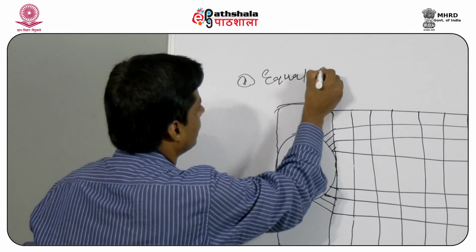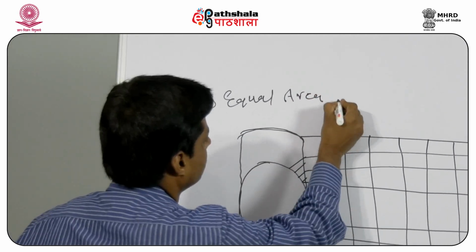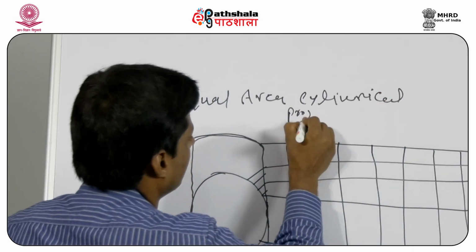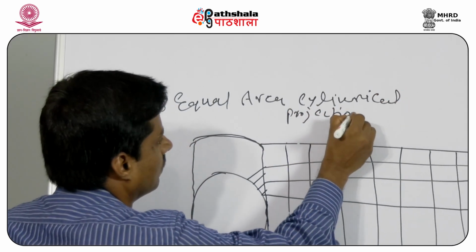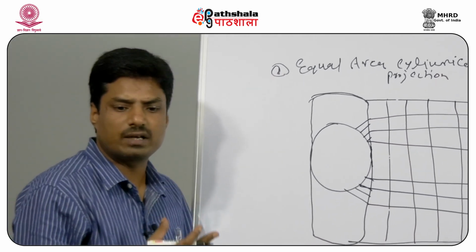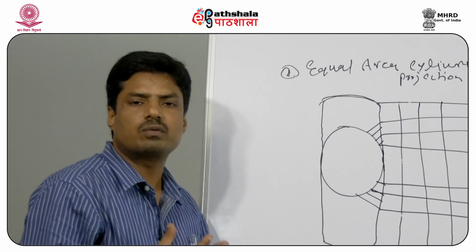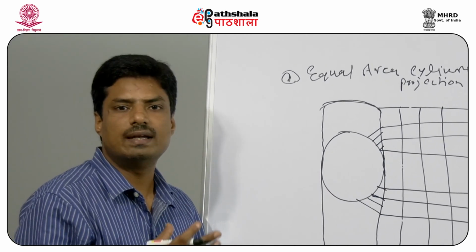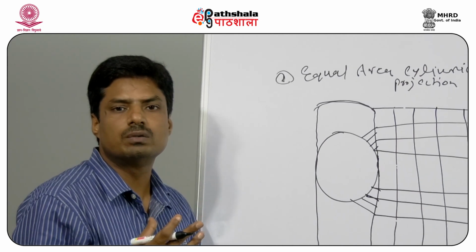As I told you, cylindrical projection can be further divided into number 1, equal area cylindrical projection. In this equal area cylindrical projection, we are having the grids of latitudes and longitude placed